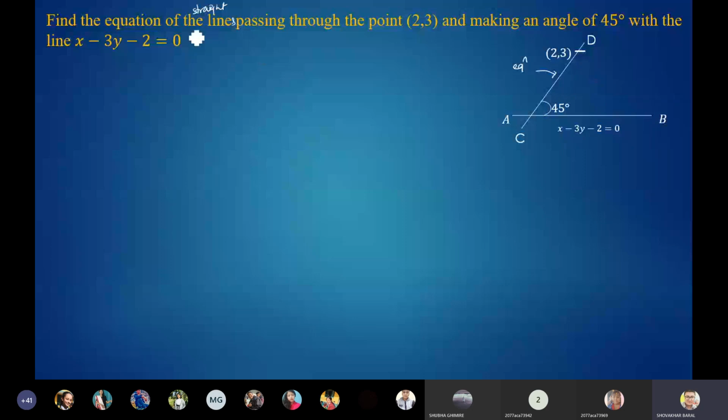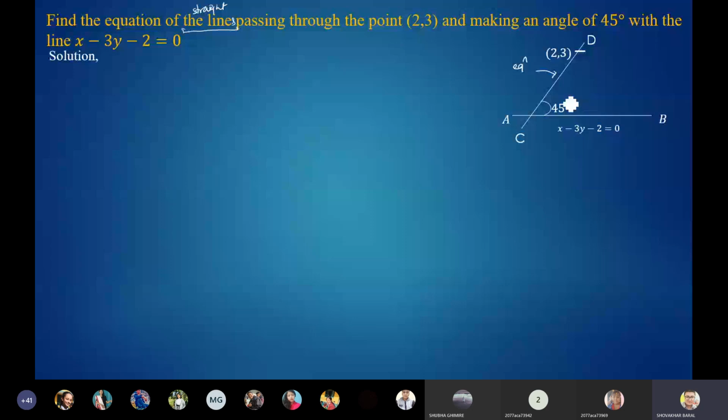Here the question is saying that you need to find the equation of the straight lines. Most of the time, if you just read the question, it will be clear that straight lines mean there will be two equations. I'll explain it later also. In brief, there will be another line from (2, 3) that passes through (2, 3) in such a way that it makes an angle of 45 degrees in this way also. I'll tell you later about this when you get the solution. Let's not get confused here. So that's right. Let's write the solution.